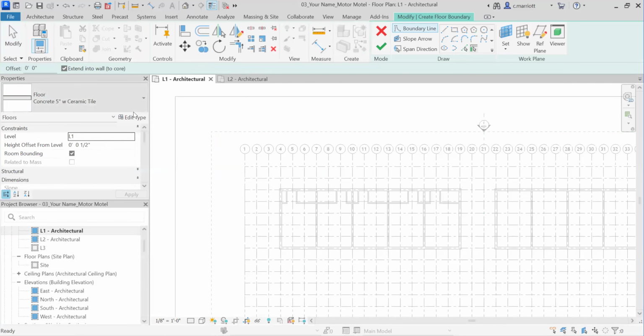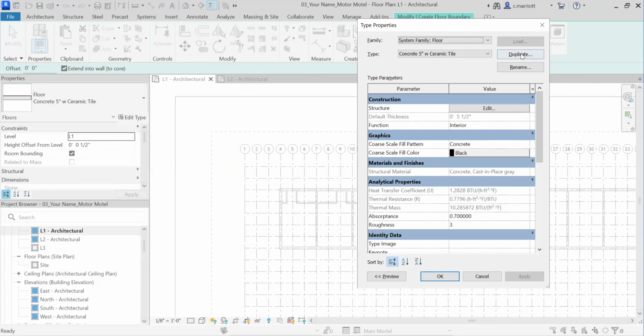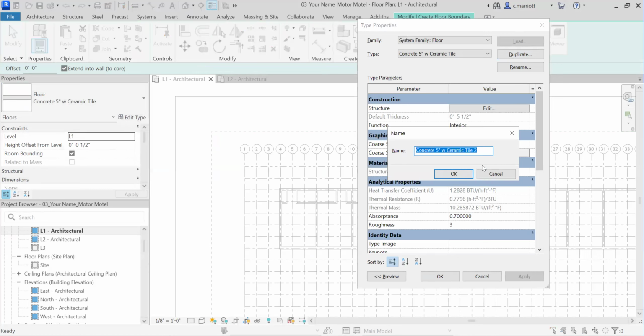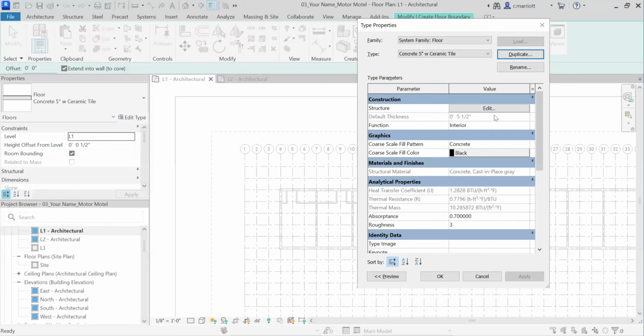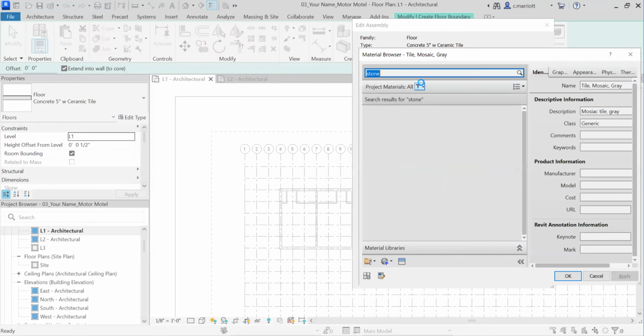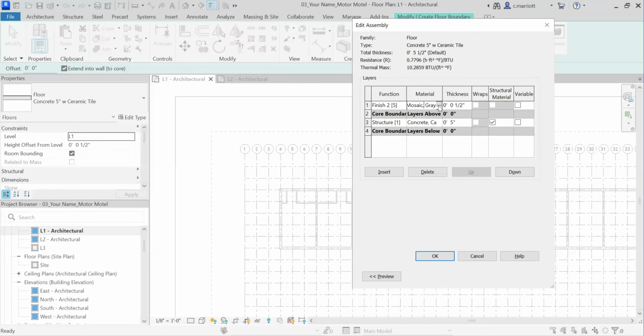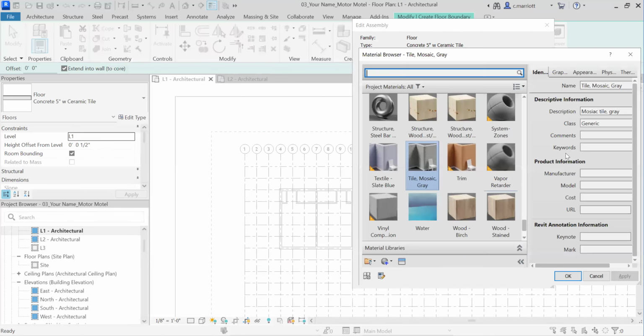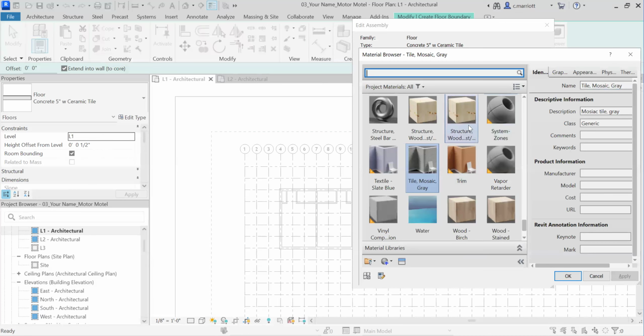Say I start with that, edit the type, duplicate the type, call it stone or something like that. And in this case, if I did have stone instead, I could look up stone and cast a Scrabble, nothing there. See what else we can find. What I would do in this case, since there's no stone in there, is I would